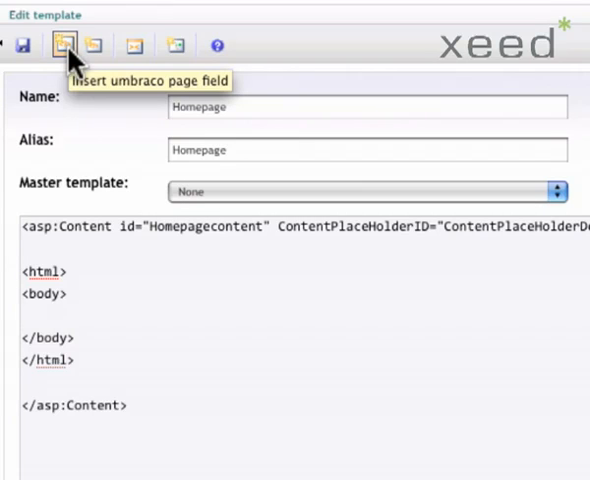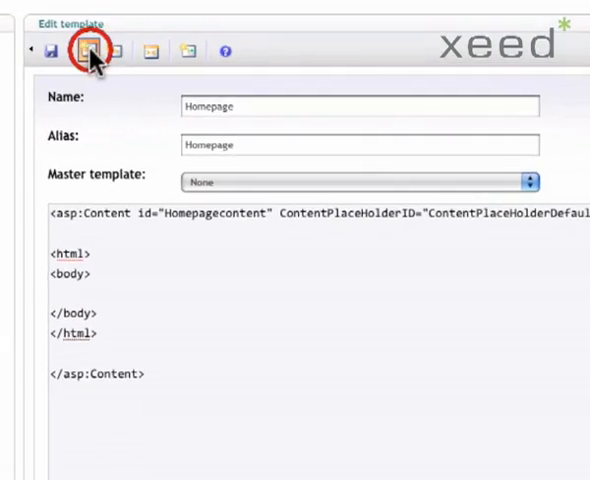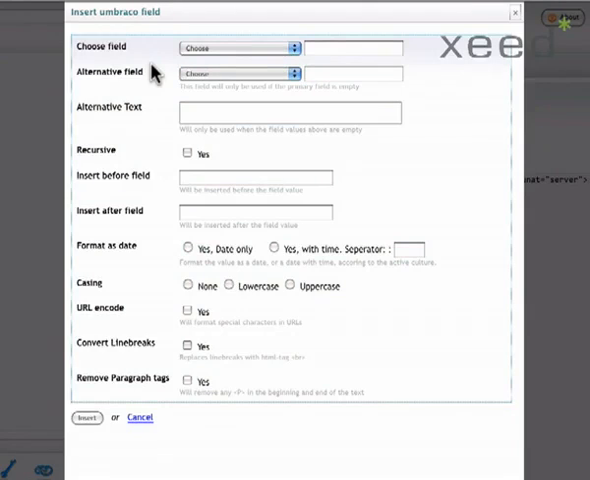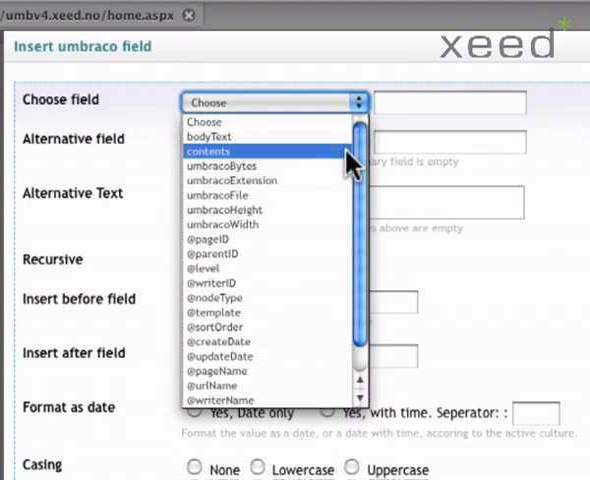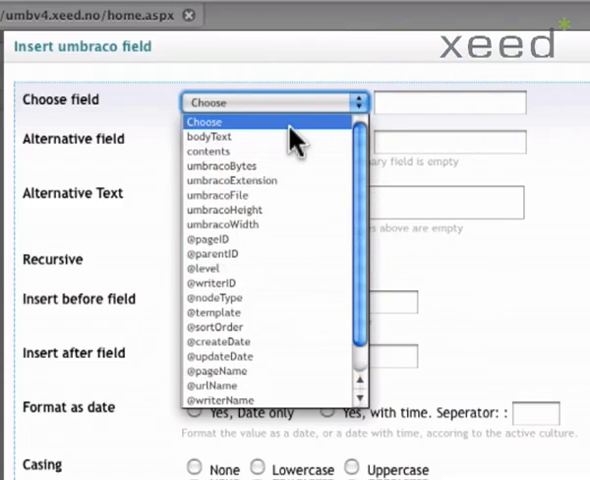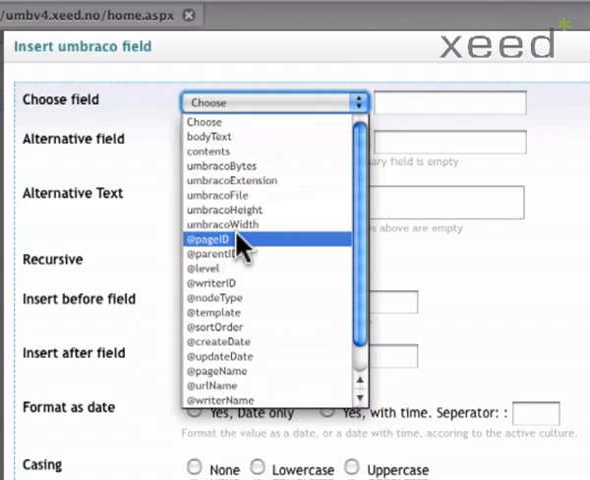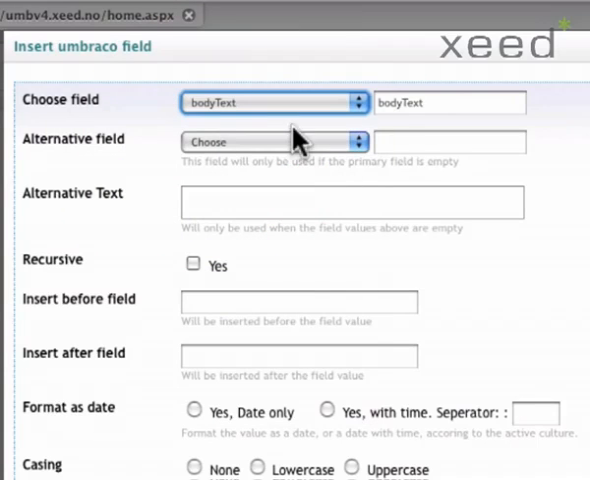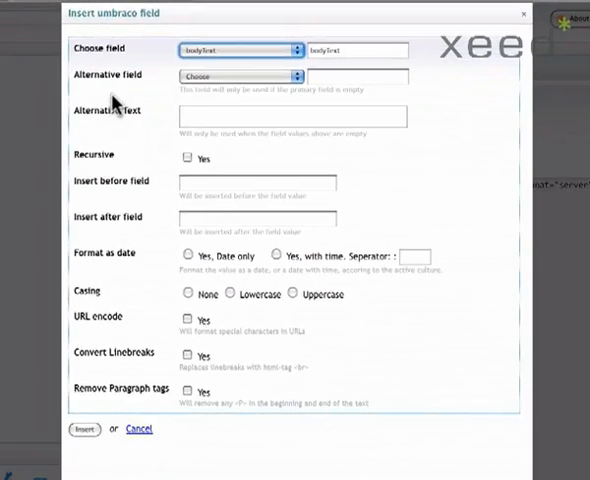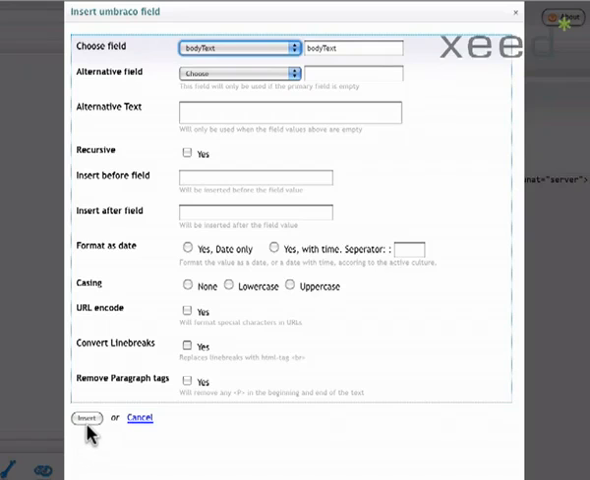So if we hit the insert Umbraco page field icon here, we can choose the field we want to insert. The various other fields are to do with the Umbraco XML structure, but what we're interested in is the body text which we set up. We're not really interested in all of this, we just want to insert it into our template, as I'm showing you about templates. So if we insert it,